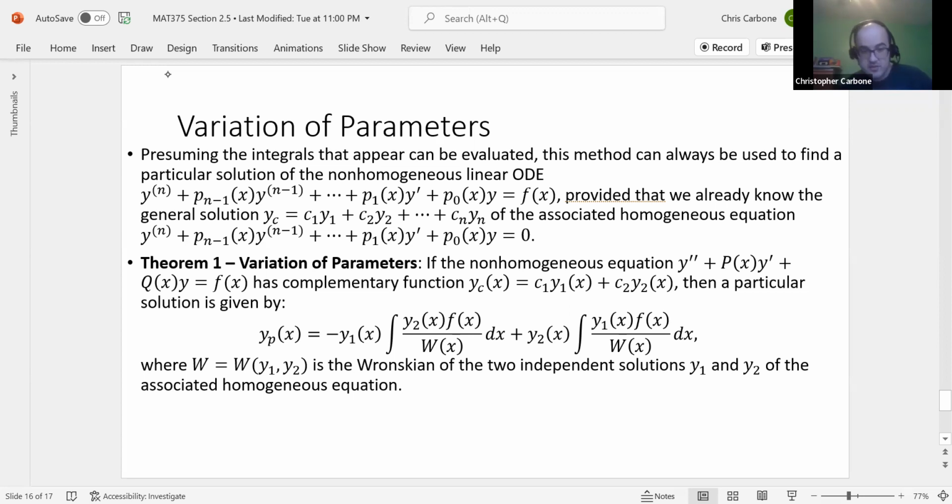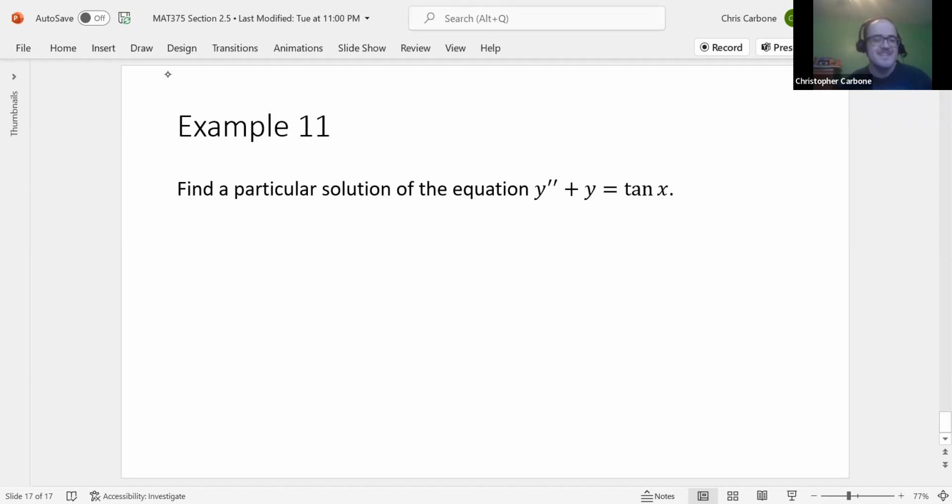It is the Wronskian of the two independent solutions y sub 1 and y sub 2 of the associated homogeneous equation. So, example 11. We want to find a particular solution of the equation y double prime plus y is equal to tangent of x. So, a complementary function. And let me write that up here so I have enough room for the remainder. Complementary function y sub c of x is c sub 1 times the cosine of x plus c sub 2 times the sine of x